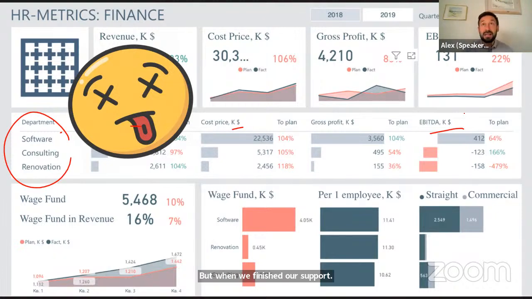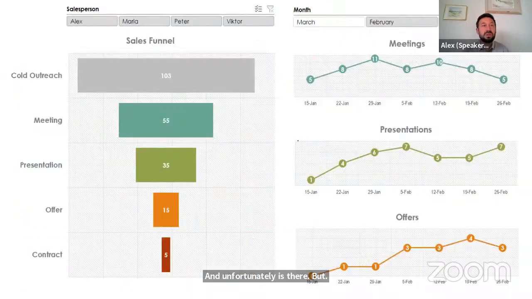We supported this dashboard for maybe 3-4 times, but when we finished our support in terms of our contract, the next month this HR team failed the data refreshment. We helped them for free for 1 month more, but for the next month and after that they failed their dashboard update because they had more and more mistakes in their source data, and they lost the trust of the stakeholders. And unfortunately this dashboard has died. And the last use case,